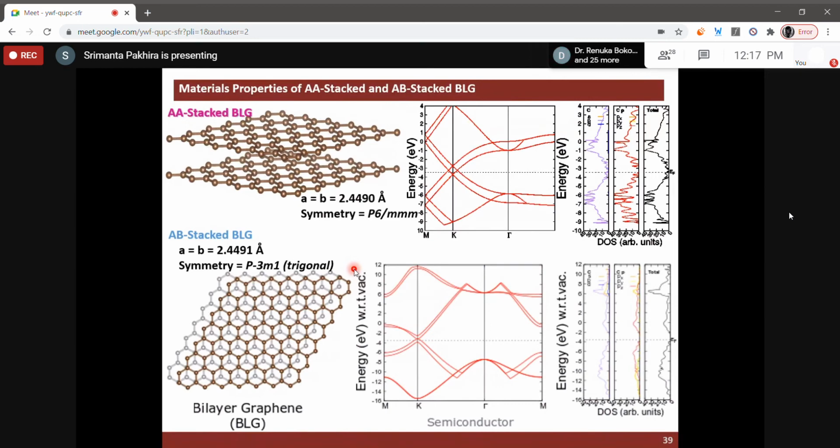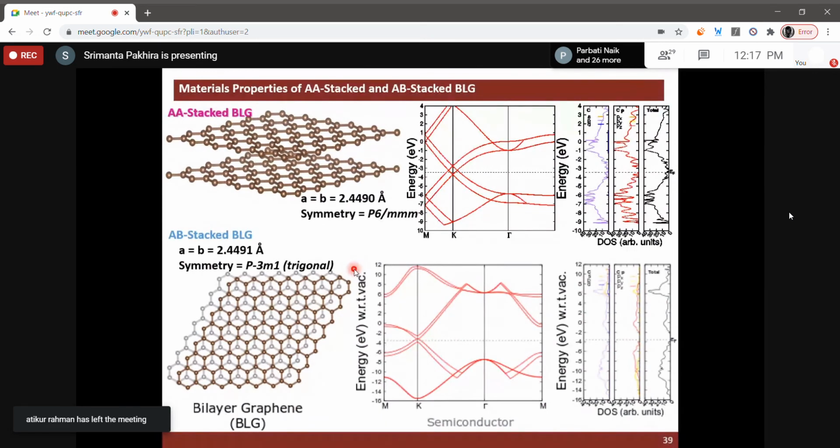VASP is probably still not using this density functional. They are using GGA, generalized gradient approximation, or LDA in their program. But in our program, we implemented it with 3D. If you look at the method quality compared to LDA and GGA, this density functional theory has a much better correlation parameter and exchange parameter. Instead of considering a homogeneous electron gas, a material is not a gas, right? It is a solid, with a 3D structure.